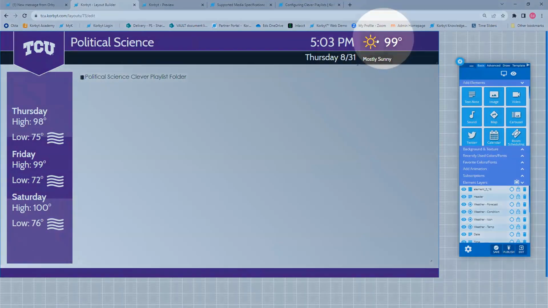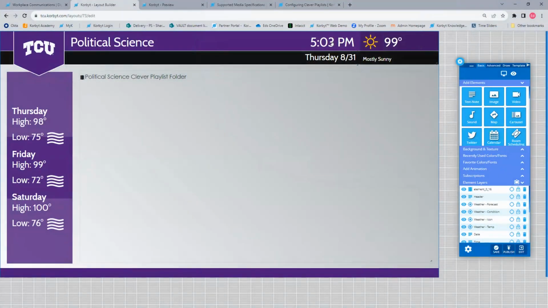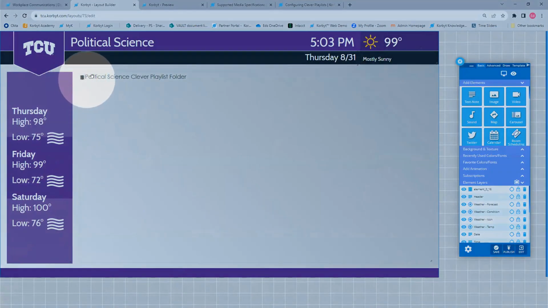This pulls together weather information that's being fed into the signage system, the current time as played by the player, other weather information, and then the political science clever playlist folder. That is the playlist playing in this area.